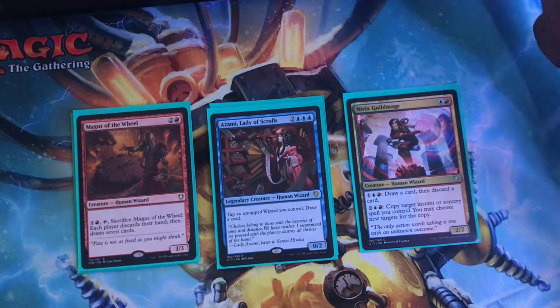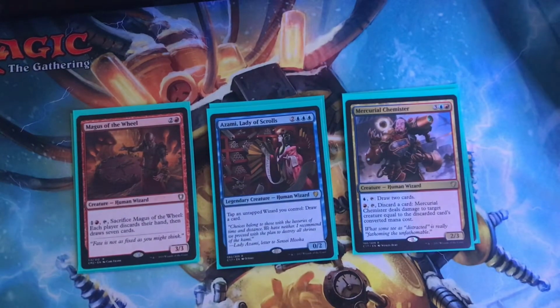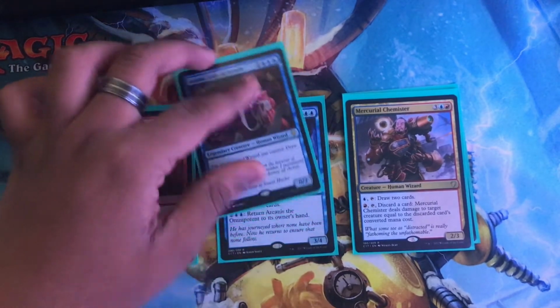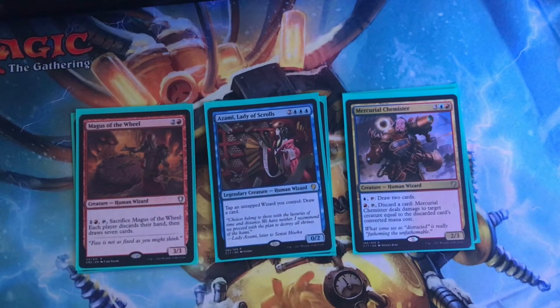You'll deal some damage, so it works out in the end. Then you have Mirror-Mad Phantasm... Miracle Chemister. For blue, you may tap him and draw 2 cards. So, unlike Arcanis, but he's cheaper by 1, you just have to tap him and you'll draw 2 and pay